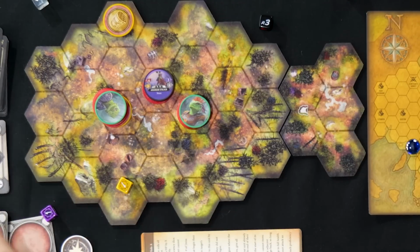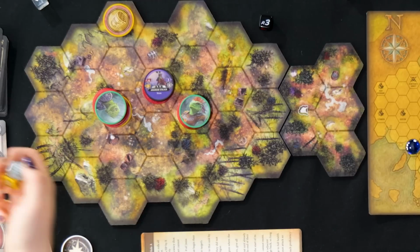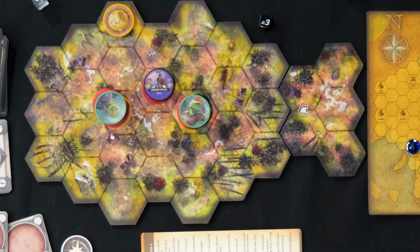Okay, I got my 2. Okay, got my 1. Yep. And then now you can re-roll that one. Yeah, so I just need a 3 and a 4. Okay, I got my 3, but that was your third roll. Yep. So now I need to do 2 fatigue to get it. I'm going to do it because I think we're going to get this guy on the next turn. And that's a relic, so it doesn't...